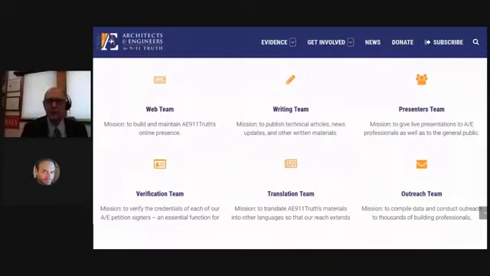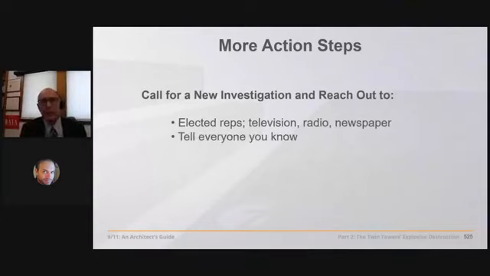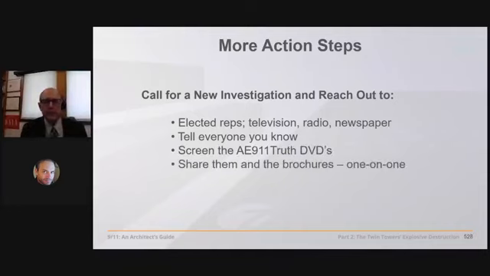So please consider it. Yep, you can see all the teams we have, and many of them are needing you right now. But if you work alone, you can do things on your own, such as send out our materials and our website to your local elected representatives, television, radio, newspaper folks. There's a lot of important work that can be done. Tell everybody you know about this screen, the DVD that I'm going to show you a piece of in a minute. So share the brochures